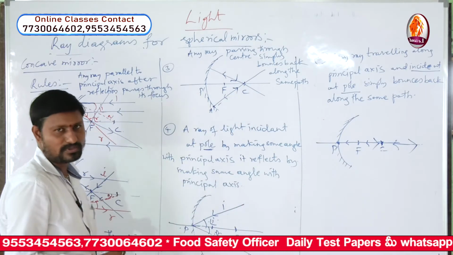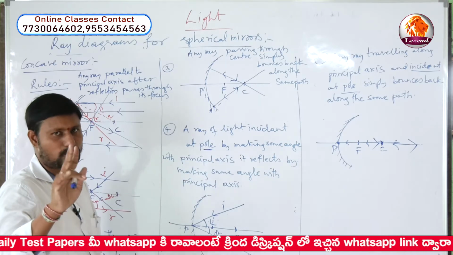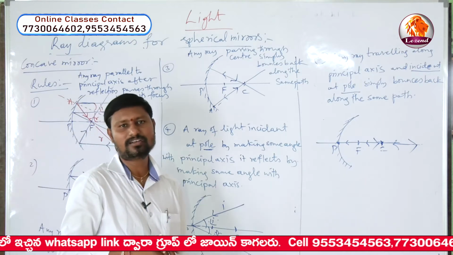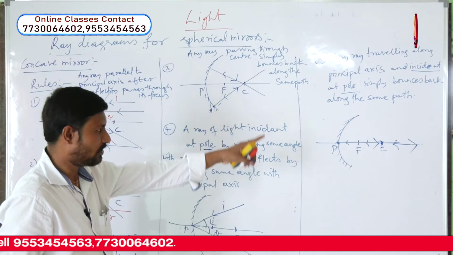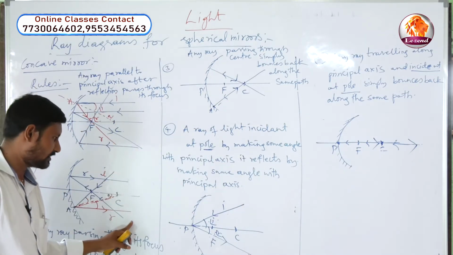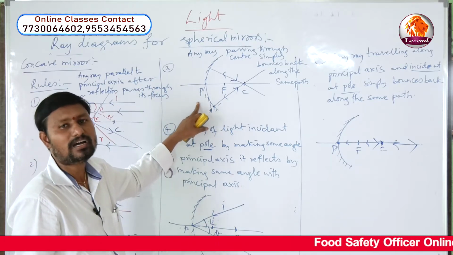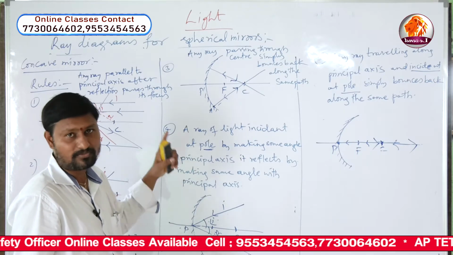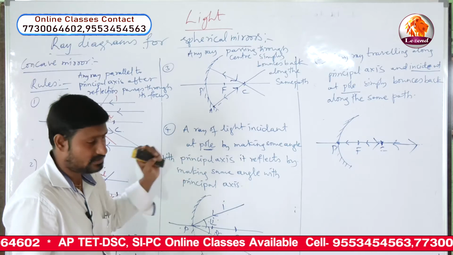So these are the five rules. Now we have to take any two of these five rules to draw the ray diagram, because to form an image we require a minimum of two light rays, and then we can tell the characteristics of the image. Majorly we use the first rule, second rule and third rule. Mostly these three rules are used to draw ray diagrams for a concave mirror. So let us see, one by one, the ray diagram for six different positions and their characteristics. Any doubt?